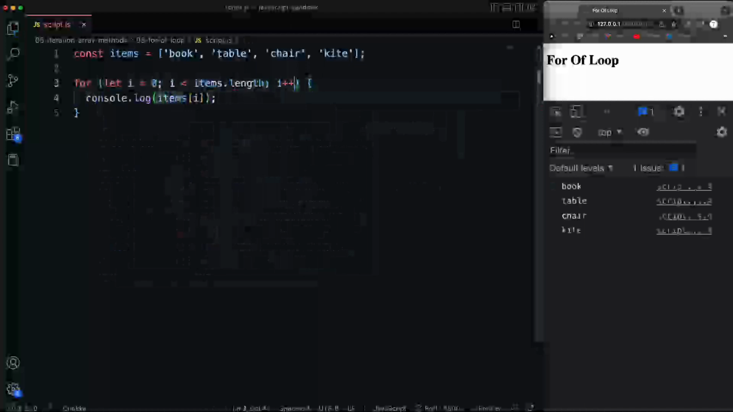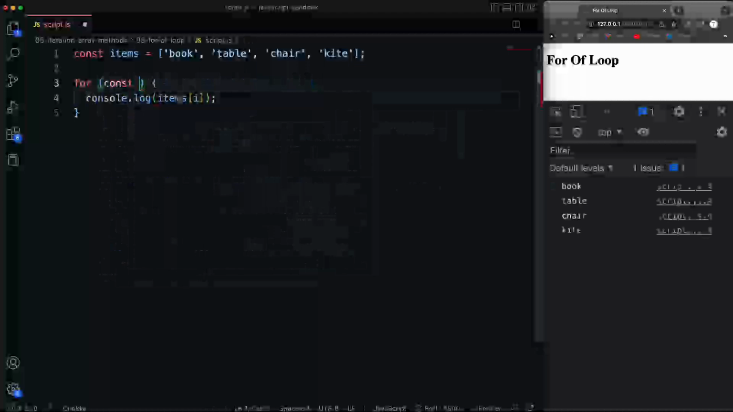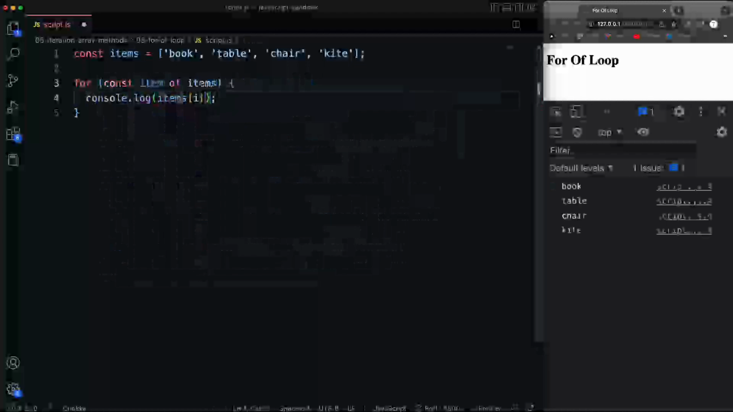So instead of doing all this in here, we can simply do, I'm using const, but you can use let if you want. But we can simply say const and then give a variable name for each individual item, which I'll just call item, and then say of items. All right, and then in here, I don't need to do this because we can just simply access the item variable. If I save that and run it, we get the same result,